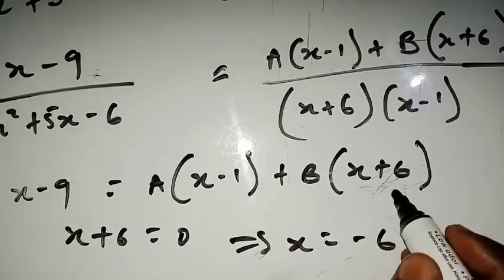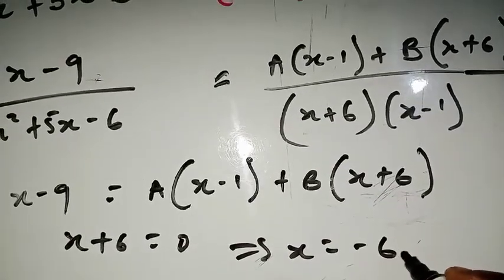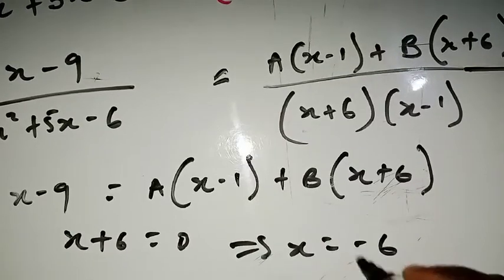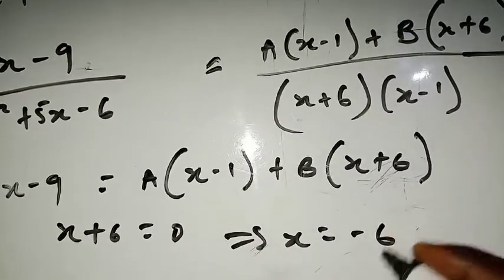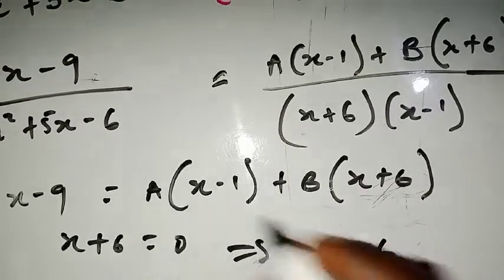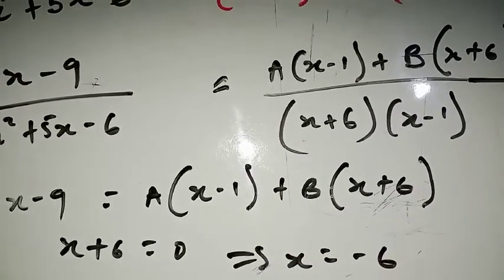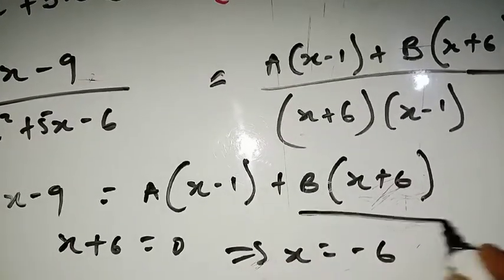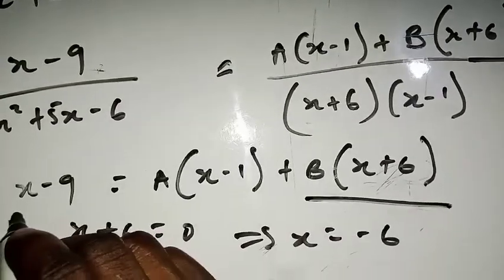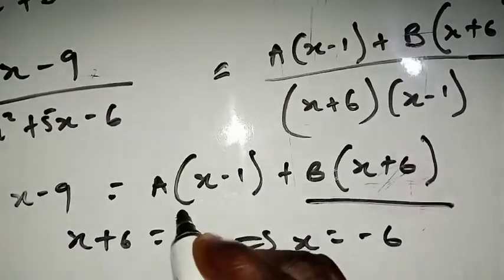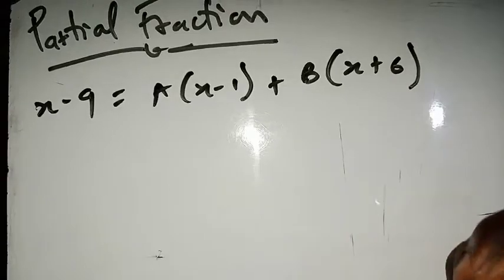If x is equal to negative 6, you plug this x equal to negative 6, right? So negative 6 here, you plug this negative 6 into this equation, right? So that is the key. Why are we doing that? We are doing that for this guy to vanish so that we can easily solve the one with the a part. So that simply means that